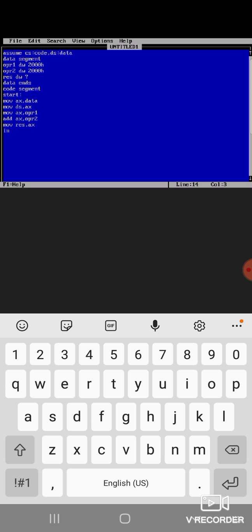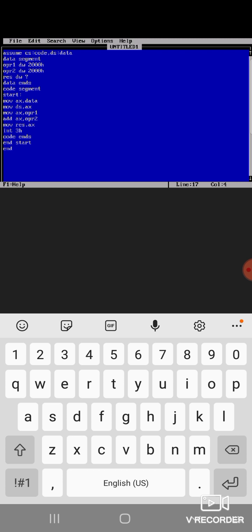Once you have done that, we need to put a breakpoint interrupt here, INT 3H, and then we need to end the code segment that we have started, code ends segment, and then we need to end the start of the program. You have started the program, so we need to end the start of the program. Always make sure that you write the spellings correctly, otherwise you will get errors. So code ends segment, then end the start, and then end the program. That is the end of the program.